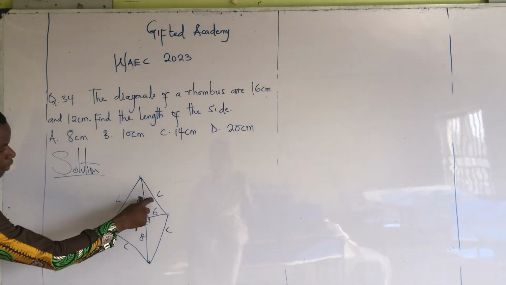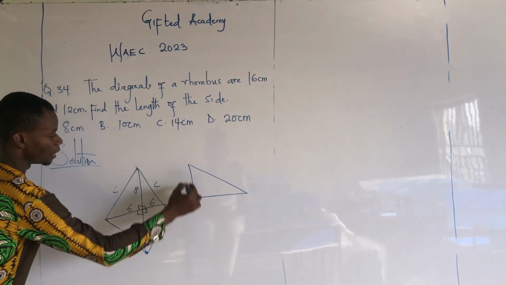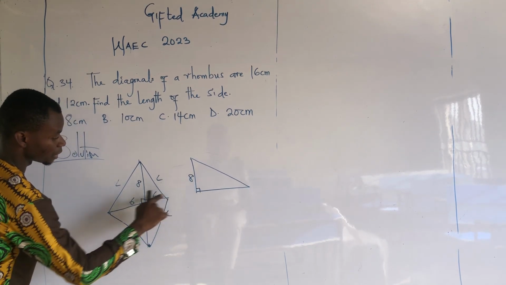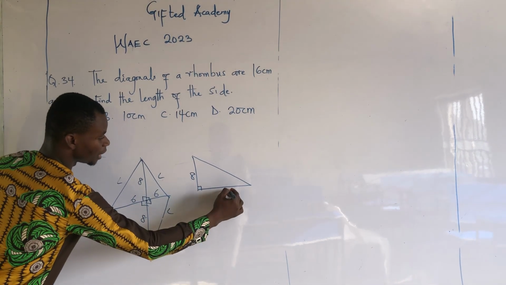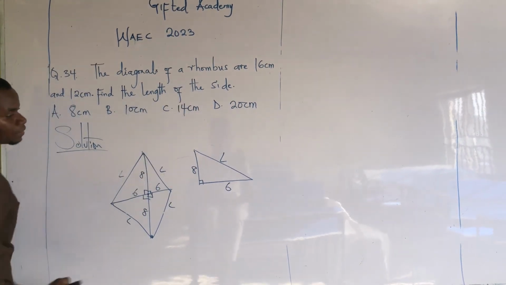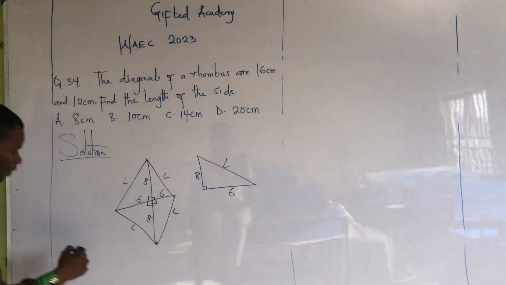So let's pick this triangle out for example. In this triangle here, the distance from here to here is 8. Here is the right angle, just like this, and the distance from here to here is 6. Now we have to find the length of the side. Now, what can we use? I can use the Pythagoras theorem. Now, I will say using Pythagoras theorem,